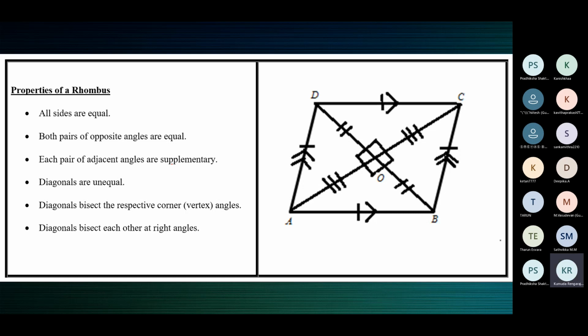Now, what I immediately feel some of you might get in your mind is: we said every square is a rhombus, right? So you might wonder, how can you call every square a rhombus? In a square, diagonals are equal, but actually in a rhombus, diagonals must be unequal. The thing is, to call it a rhombus, you should just go by the definition. What is a rhombus? In a parallelogram, when all sides are equal, it's a rhombus. Is a square a parallelogram? Yes. All sides equal? Yes. It's a rhombus.